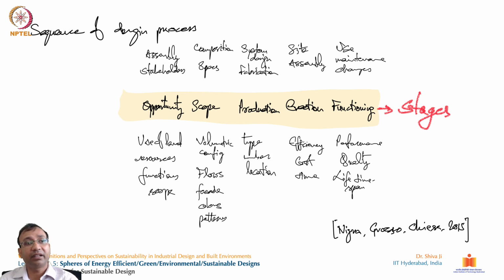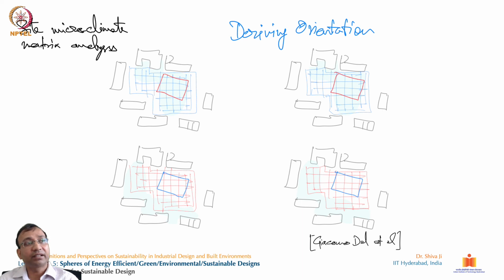So there are different stages in the sequence given here for the design process of sustainability and how it evolves. As we discussed previously, there are examples of how the orientation of the building blocks should be kept and how simulation and analysis tools are helping these days. One researcher has given this figure, which talks about the winter evaluation and the summer evaluation, and what the values are at different places on the site. They created a grid, and based on that grid they conclude what should be the best location for the building form.